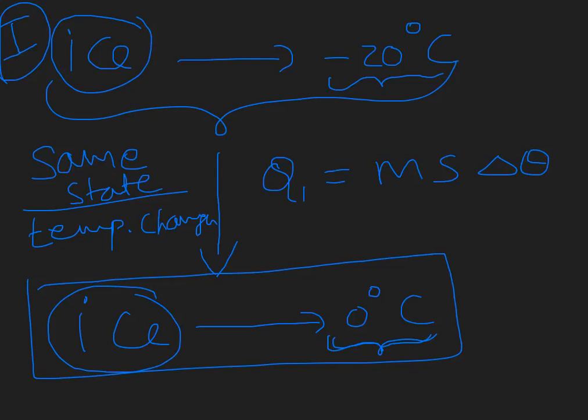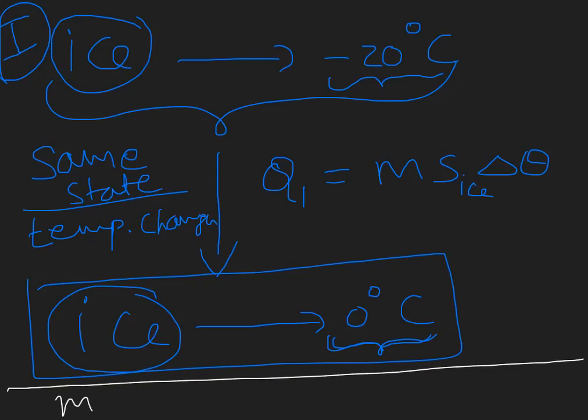Let me take here in the first step Q1. Now, the specific heat of ice: if you observe the values, what is the mass of ice? We are taking 1 gram of ice, and the specific heat of ice value is how much? We can write 0.5 calorie per gram degree centigrade.